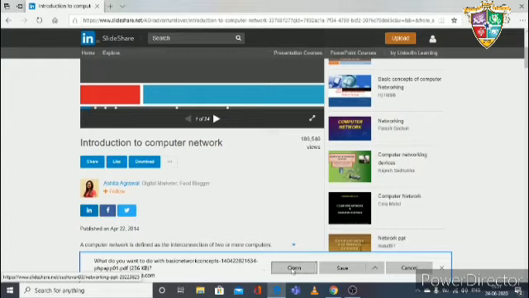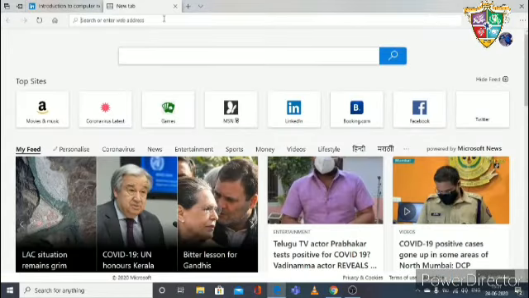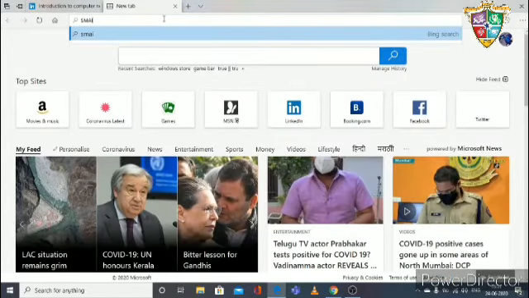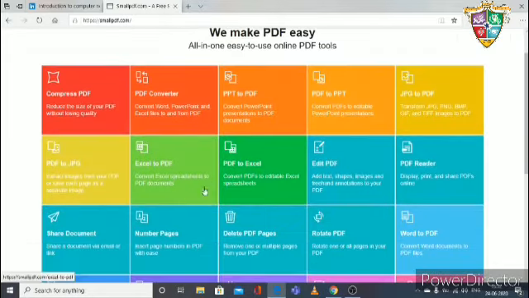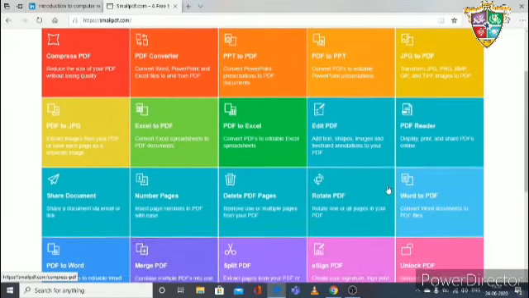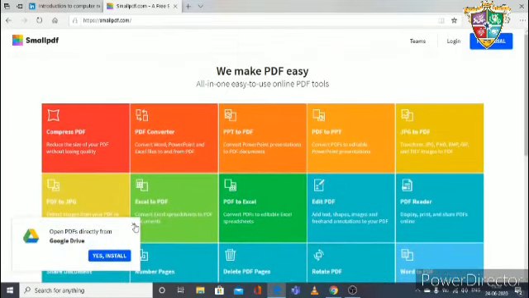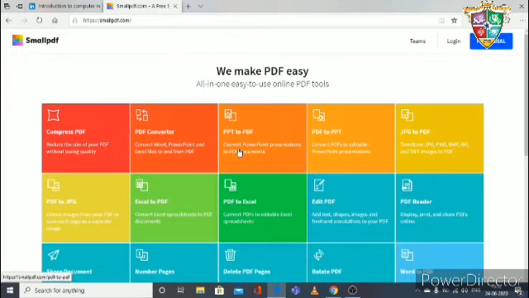First open the site, that is smallpdf.com. In smallpdf.com, there are so many options to convert the PDF into Excel, PowerPoint presentation, PPTs, and JPG.